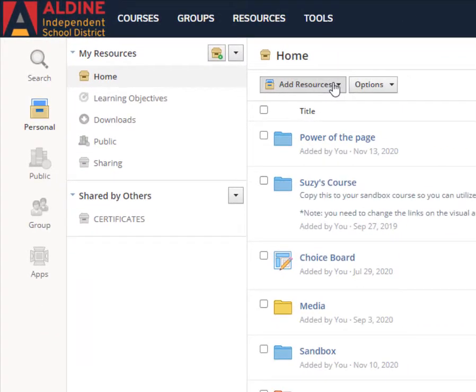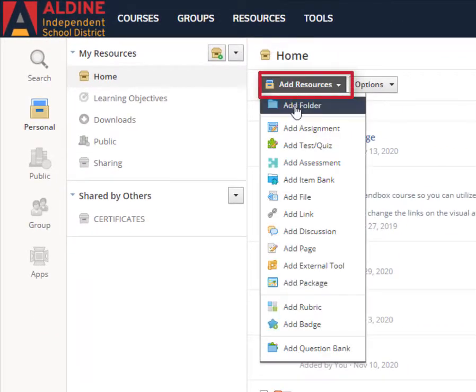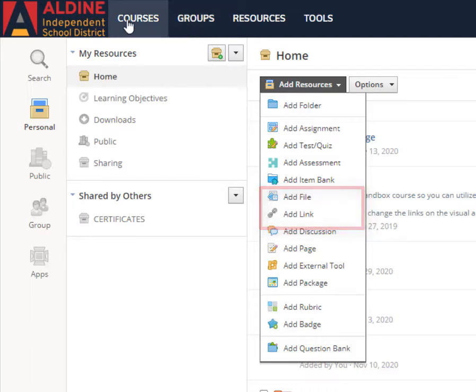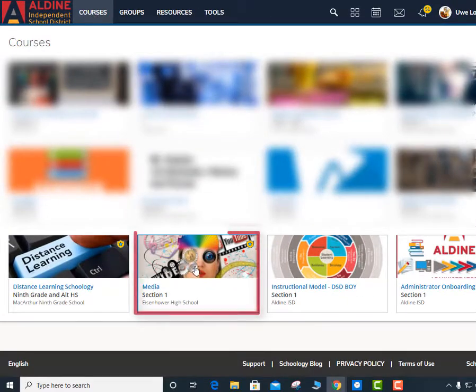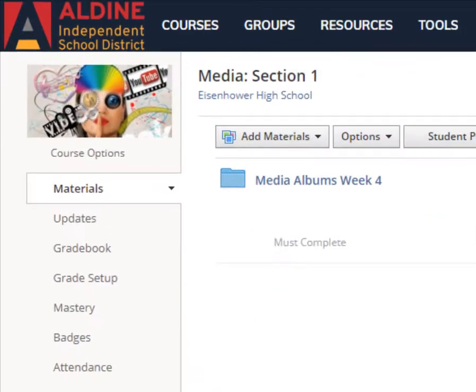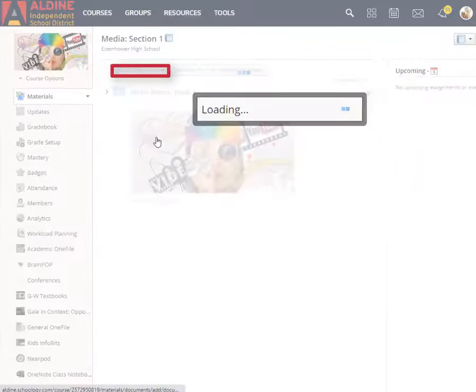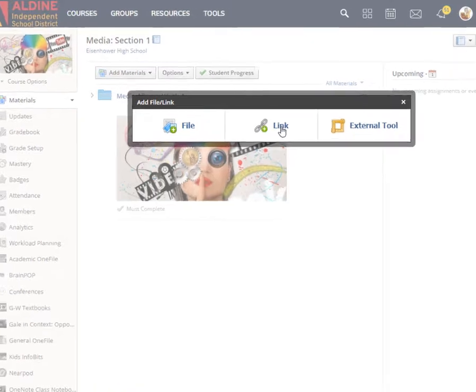So if you go to add resources, inside your resources folder you would go to add link and add file, so they are separated right here in the menu. It's the same way in groups, but I'm going to do it in courses and select one of my media courses, and then I'm going to go add material, add file link,